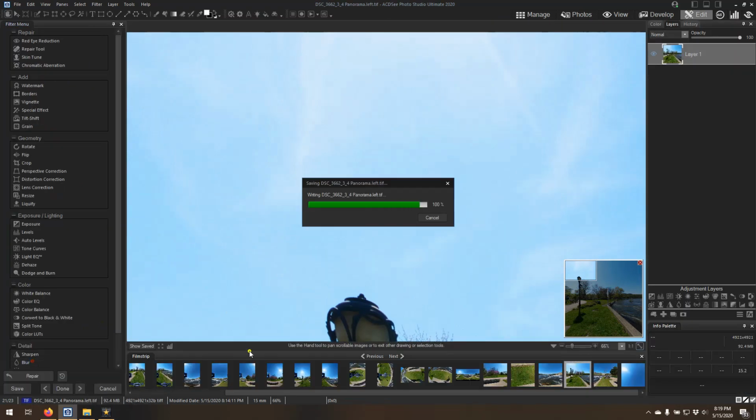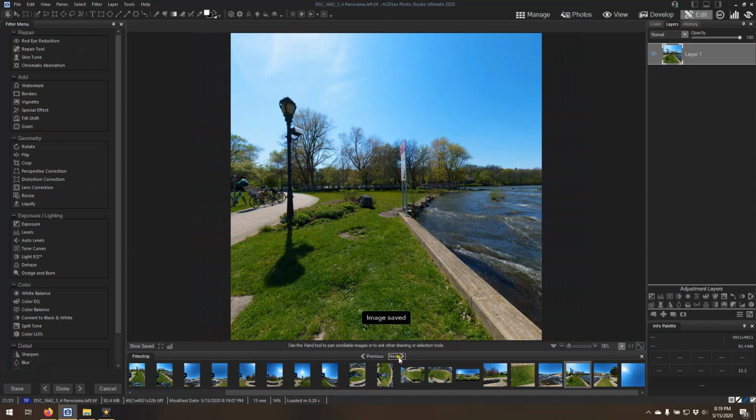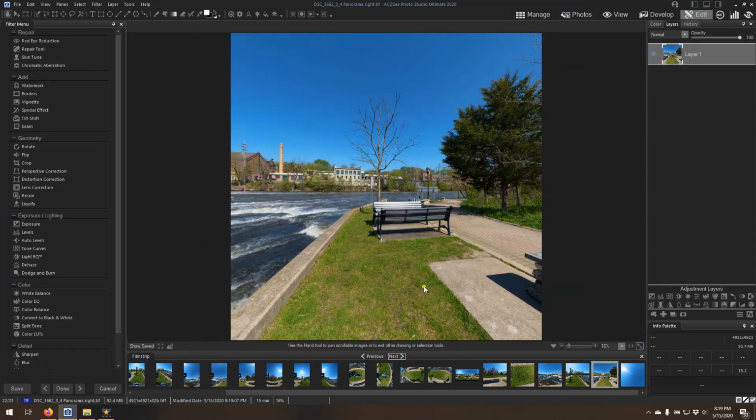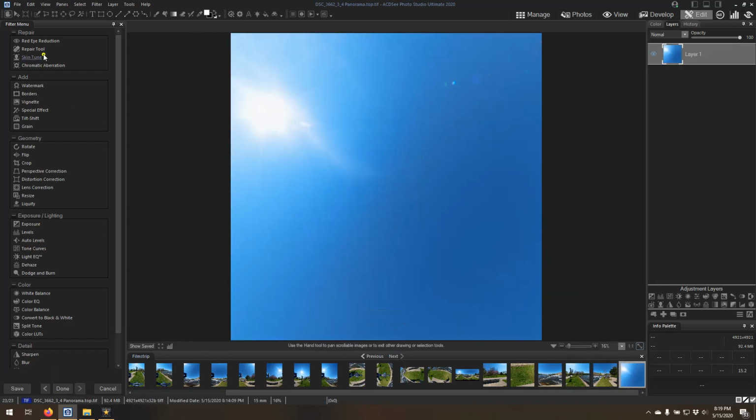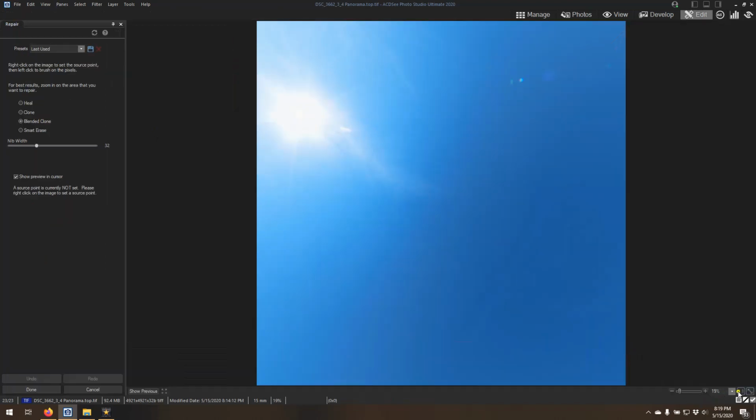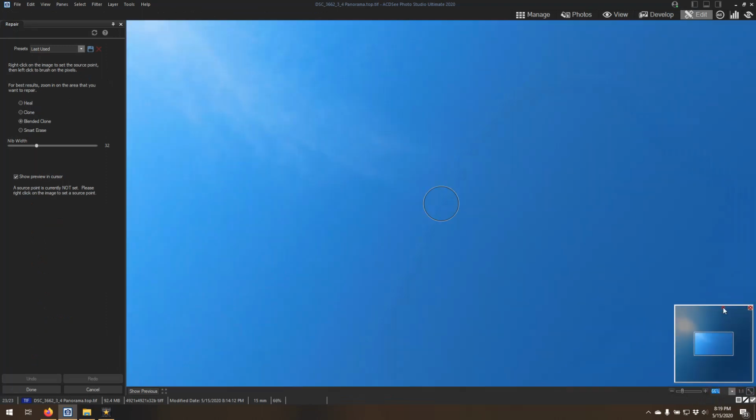Let's save that on top, and then after we do this, this one's clean enough, and then these I'd like to clean up. So let's go back and we'll do these. Okay, zoom on into 66%. Take care of these. And usually you want to sample pretty close to where you're repairing, obviously. I mean, this isn't really a tutorial on using